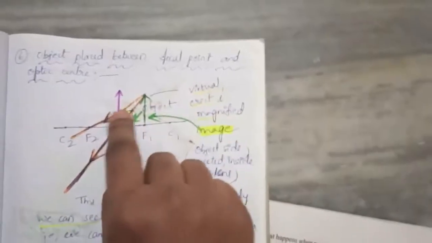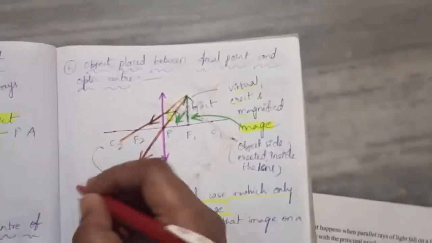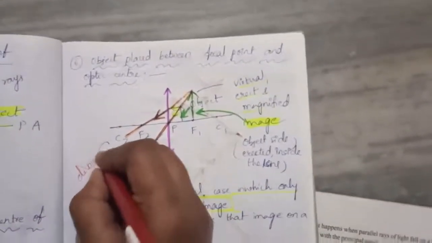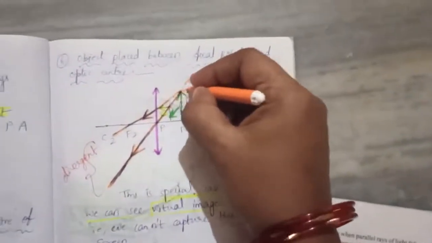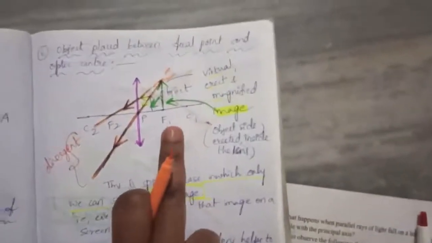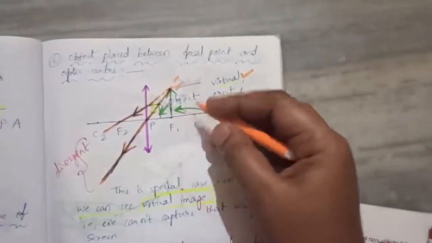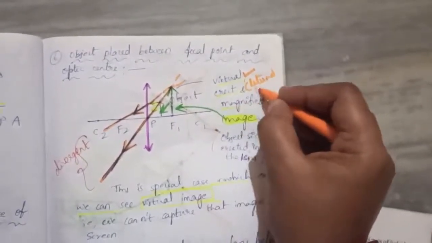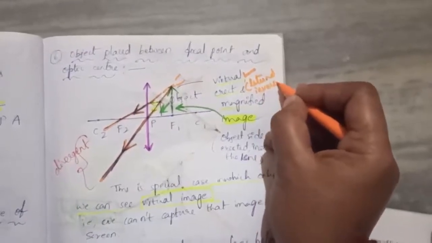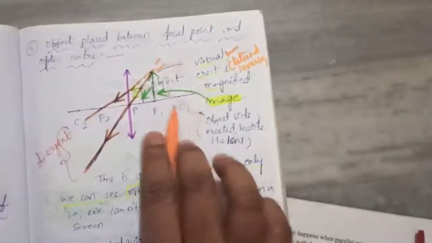And these two rays are divergent. So here we'll get the extension of these two rays intersecting. That's why we are getting a virtual image inside of the lens. So that's why it is virtual. And an erect image, in an upright position, without lateral inversion, we'll get. And this is a magnified, enlarged image, an erect enlarged image inside the lens.